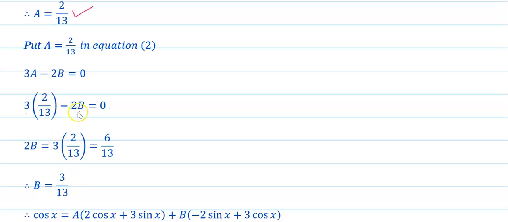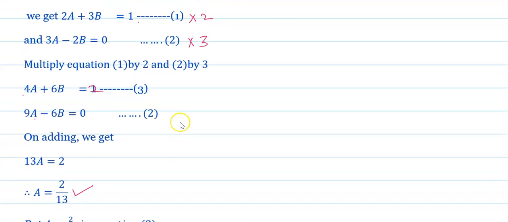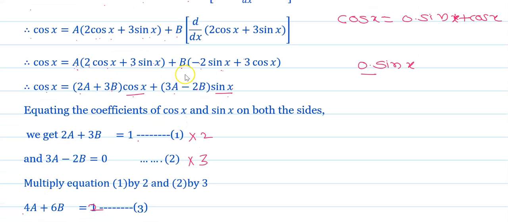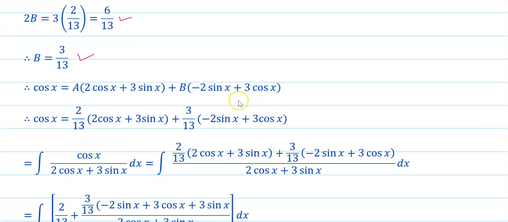Simple multiplication. This 2b, on this side, will become plus. Okay. 3 into 2, 6 upon 13. And therefore 2b is equals to 6 upon 13. And hence b is equals to 6 upon 13 into 1 upon 2. It means that 3 upon 13. Now substitute the values of a and b in this equation. We will substitute. And hence cos x is equals to a in bracket 2 cos x plus